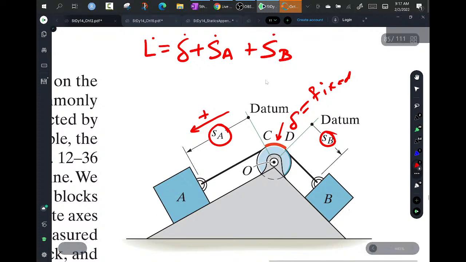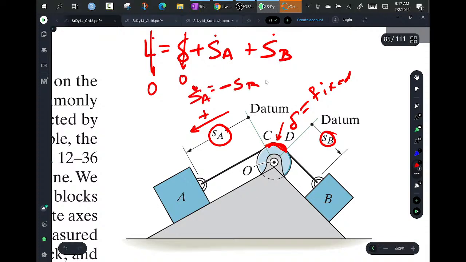Then the length that's touching this part right here is going to remain fixed, so that's going to be 0. The rope itself doesn't grow or shrink, so it's 0. So what you get is SA dot is equal to minus SB dot. Well, that makes sense